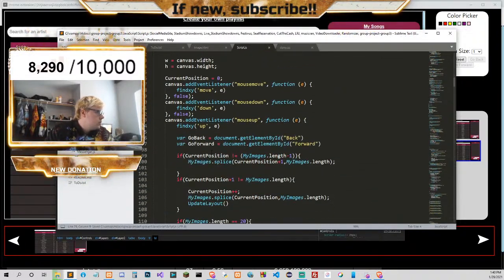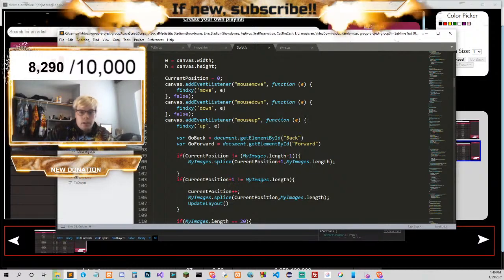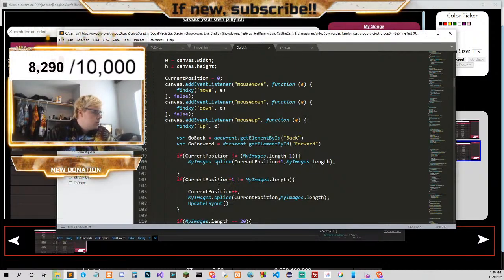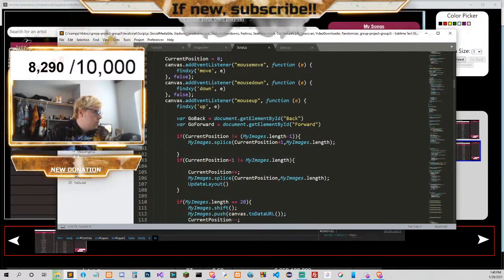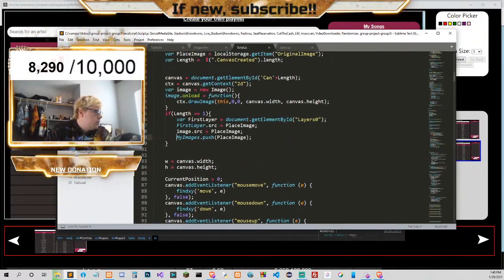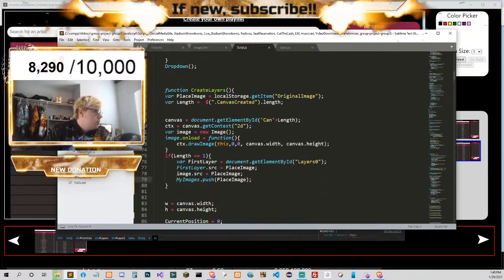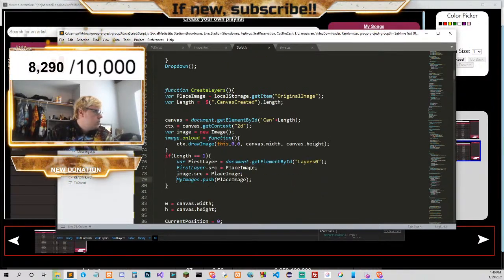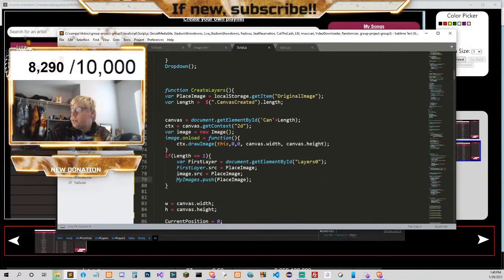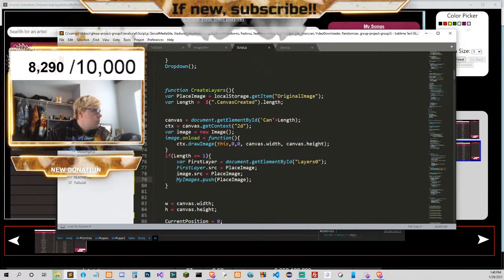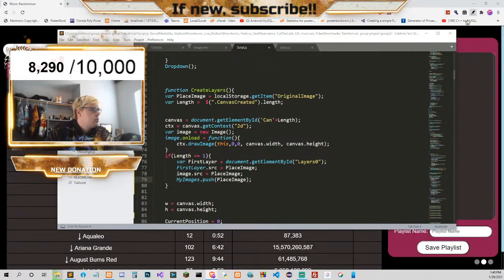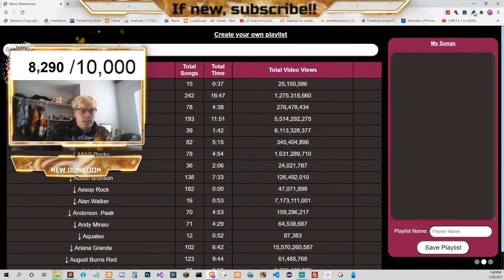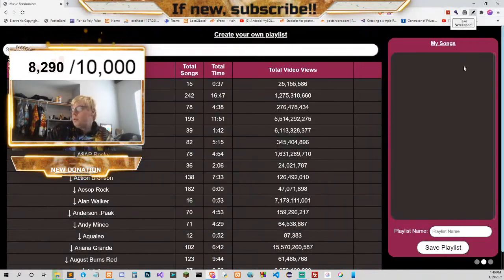But I don't know about this right here. I don't know what I'm going to do down here, because this technically is still something else. So let me try this. I don't think it's going to work though. I have this feeling that it's not going to work.